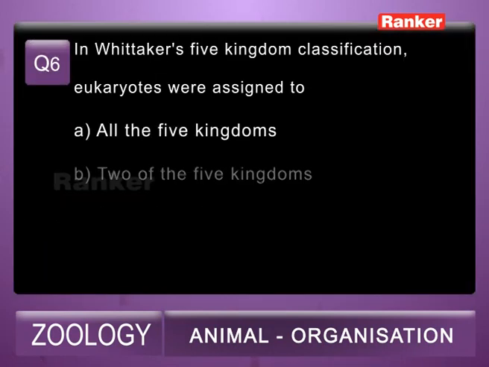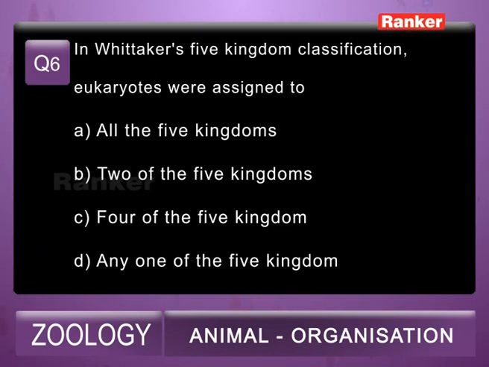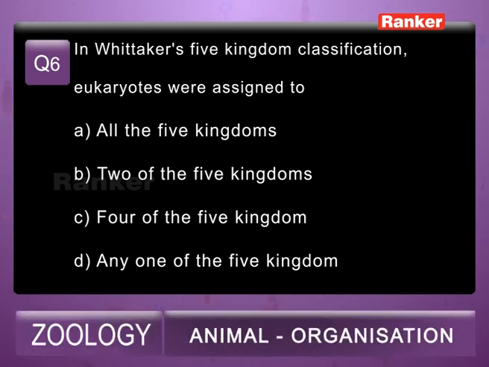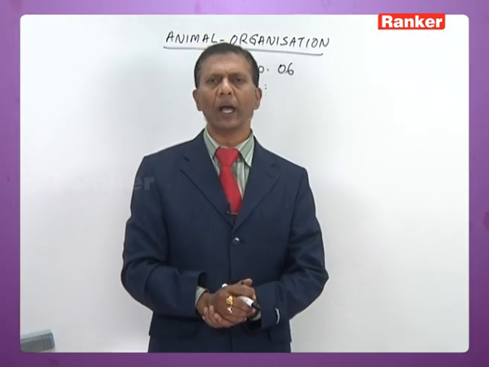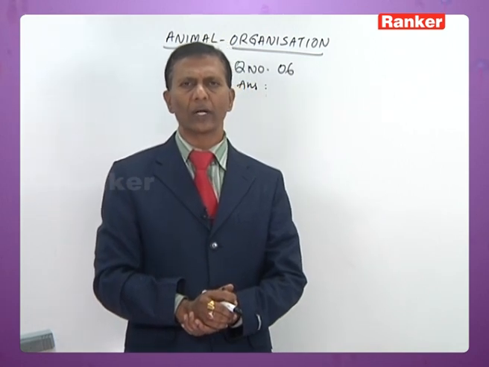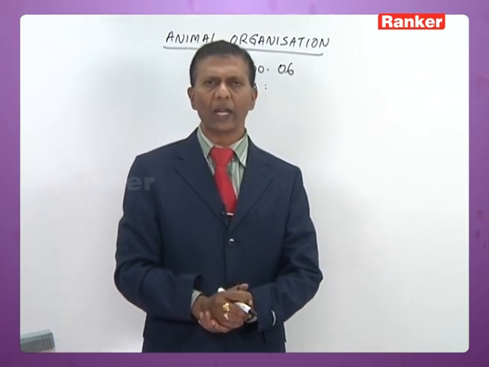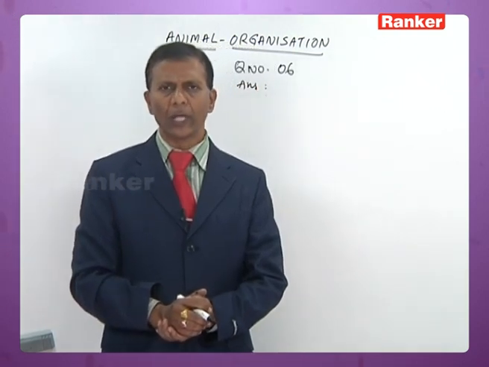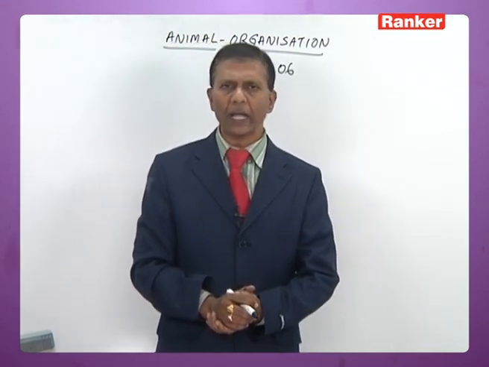Now question number 6. In Whittaker's five kingdom classification, eukaryotes were assigned to A, all five kingdoms, B, two of the kingdoms, C, four of the kingdoms, D, any one of the five kingdoms. Now eukaryotes, the first one is Monera, it includes prokaryotes. The rest of the four kingdoms are eukaryotes only, that is Protista, eukaryotic unicellular organisms, Animalia, multicellular eukaryotic heterotrophs,